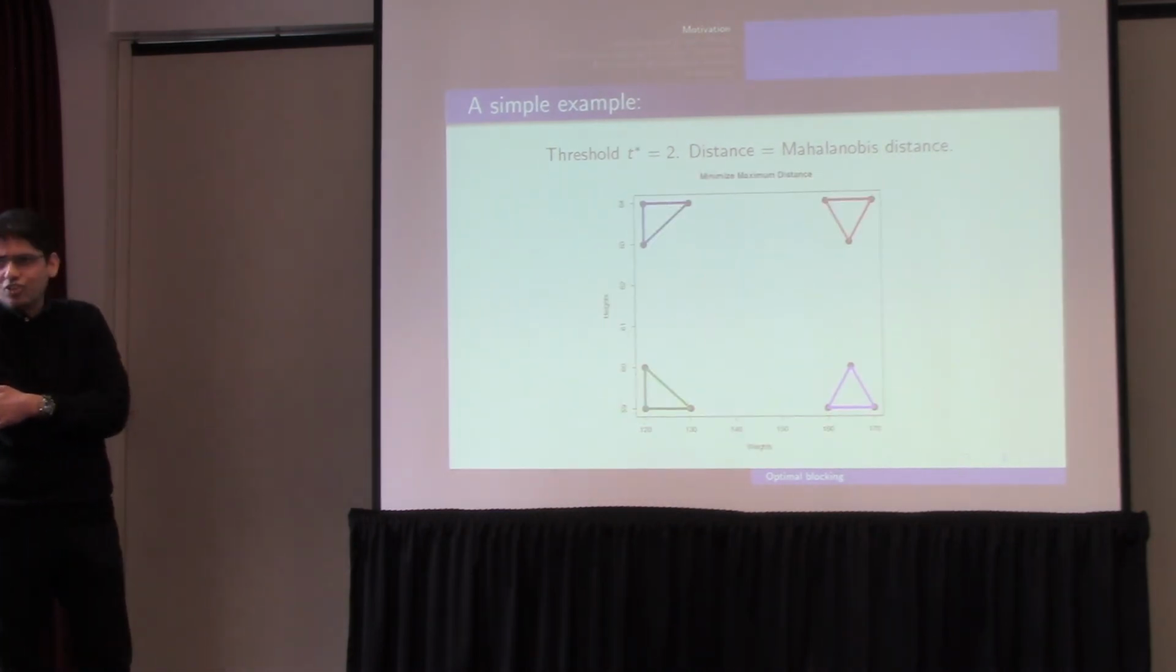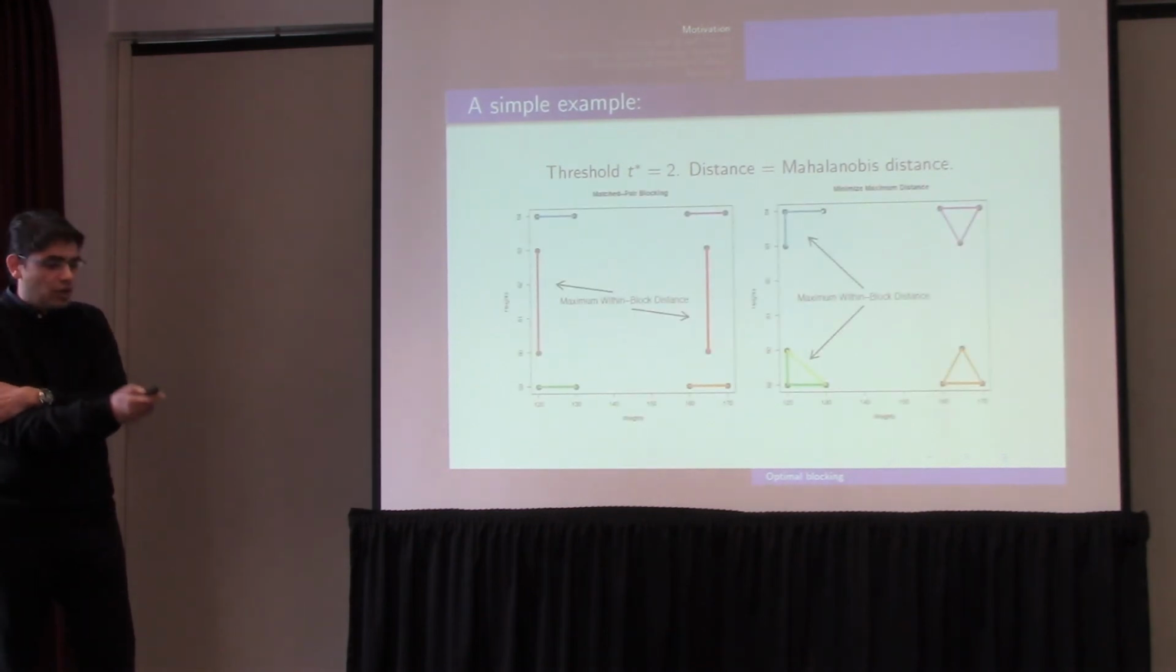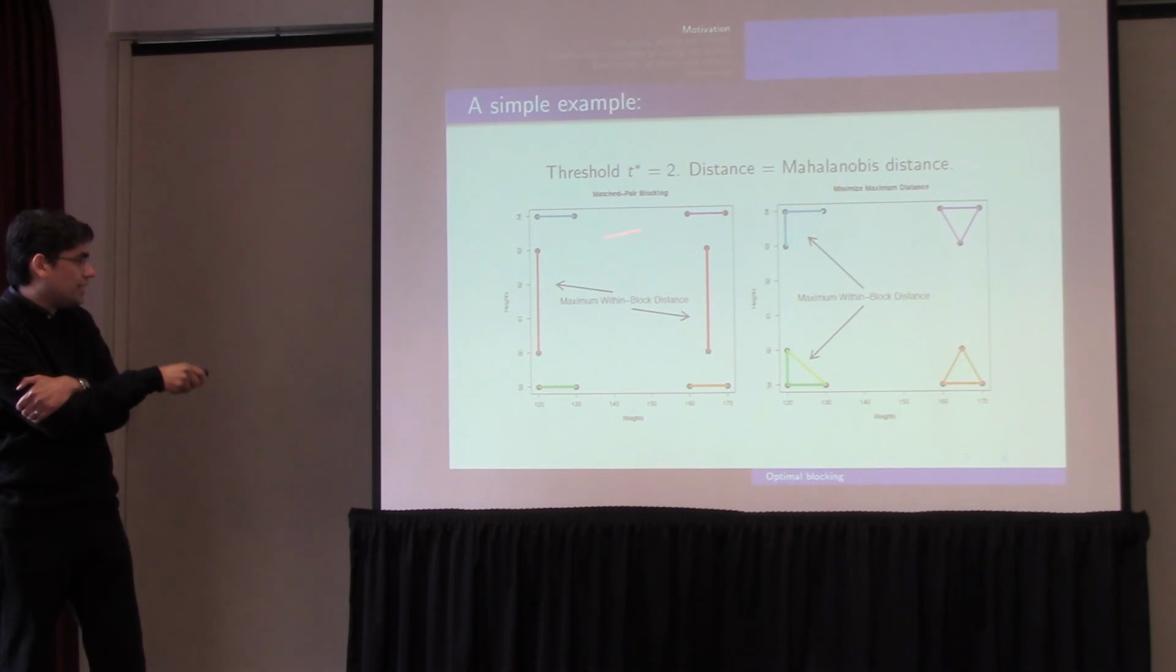So how does it do that? How does it decide that? The first thing to note is what it's trying to minimize is the maximum intra-block distance, which in this case is those 2. And in our case, it's going to be that edge and that